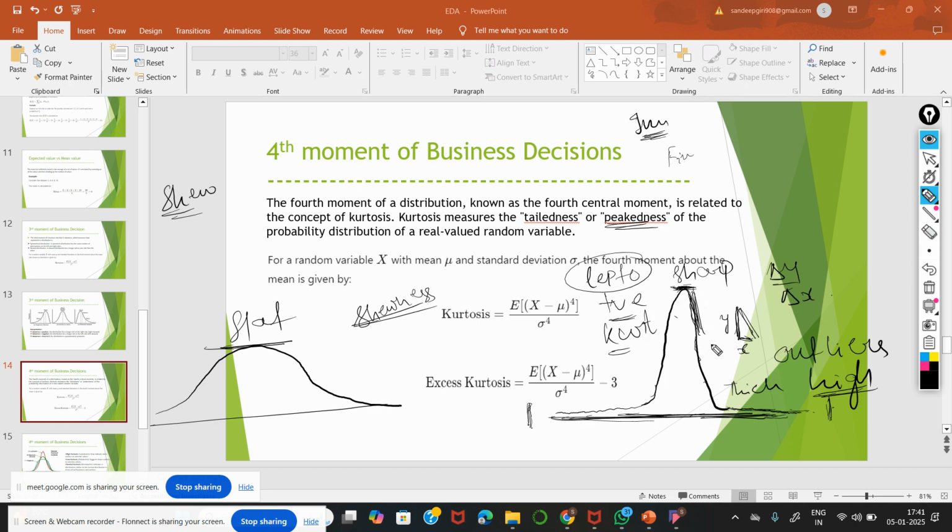Now if it is positive, then tell me outliers were present or not. Why? Yes, outliers were present. In the same way here it is